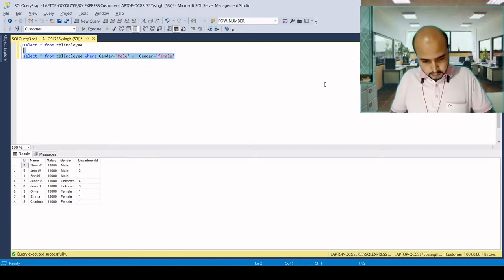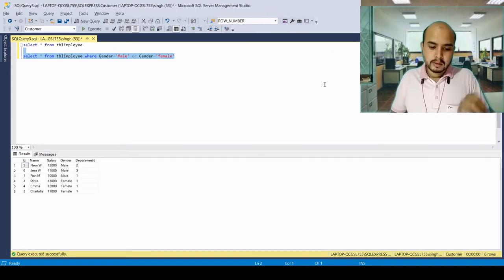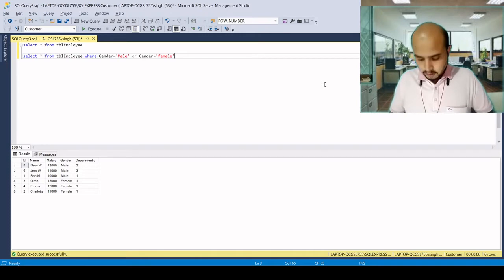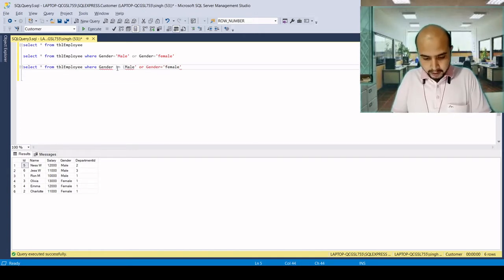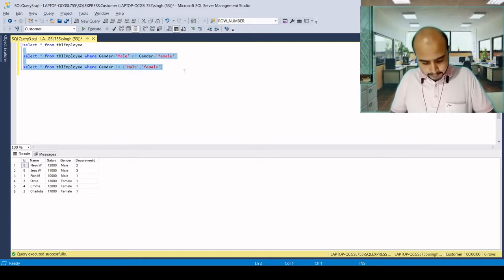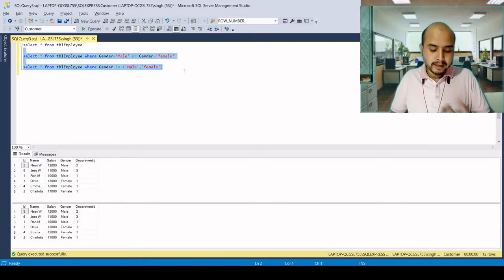Here there is one OR condition. We can write this query using the IN operator, by putting IN between male, comma, female. Both queries will return the same result.